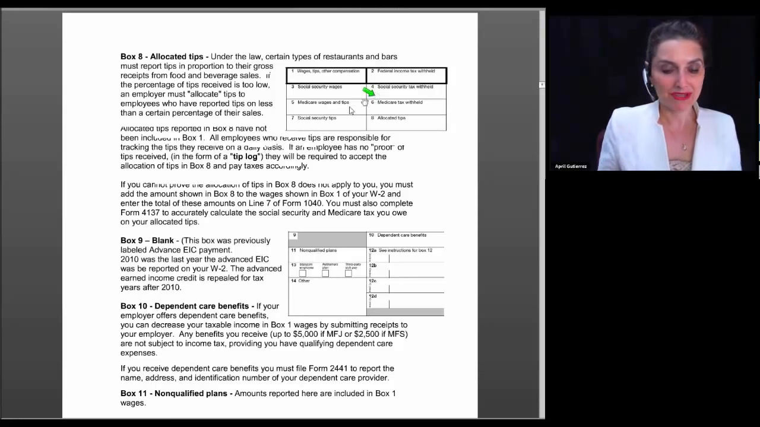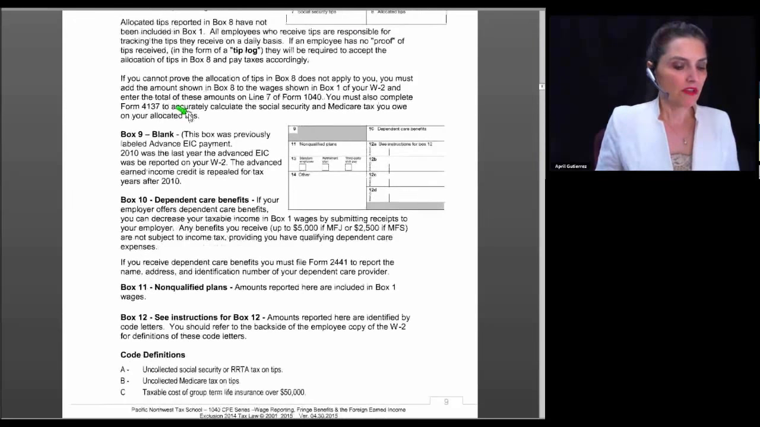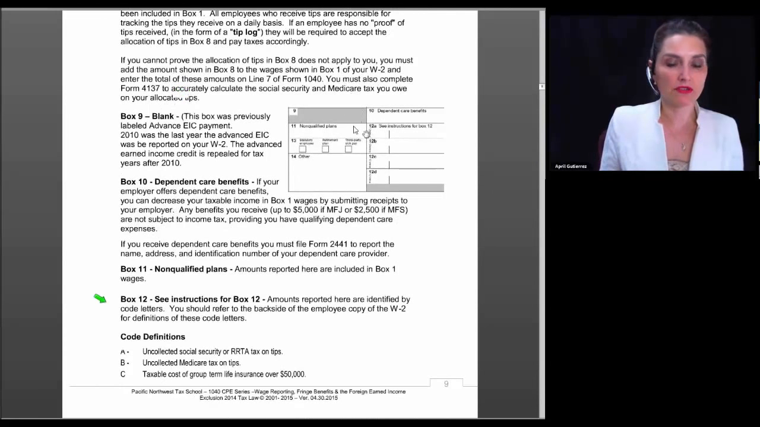That's when things have been done correctly. And if the amount on Box 7 does not total 8% of that particular server's sales for a particular month or year, then it could be the case that there will be an allocation of tips in Box 8, and the employee is required to pay tax on those tips unless they can prove they didn't get them through a tip log. Moving on to the W-2,